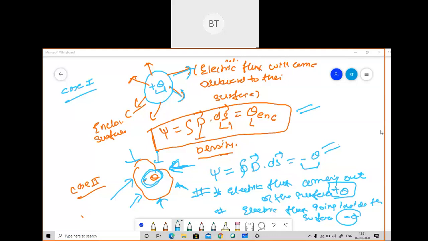We knew how to calculate electric flux in the last problem. I will show you by giving an example, how the questions are coming. Don't get worried, you only need to understand these two terms: if electric flux is coming out of the surface, then a positive charge will be there. If electric flux is going inside the surface, then a negative charge is there. So please consider these two cases for examples. I will tell you how the problems come in that, so don't get worried about that.